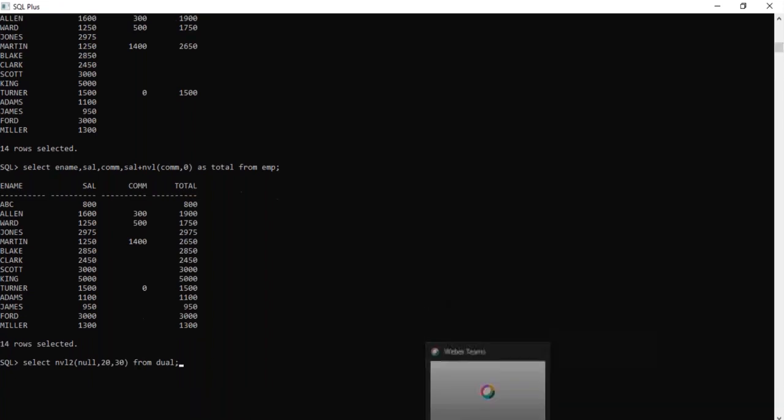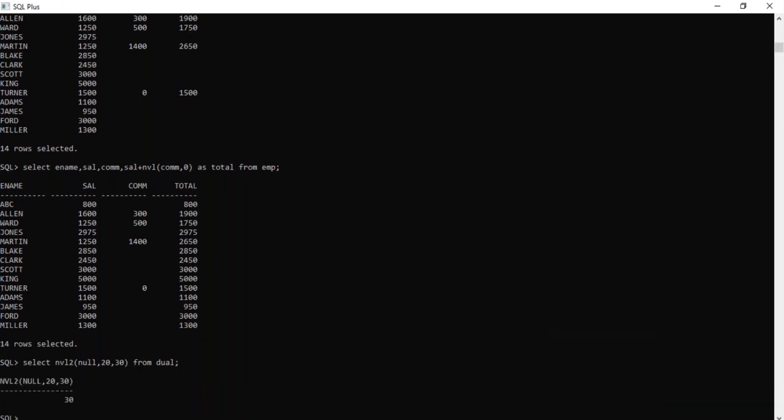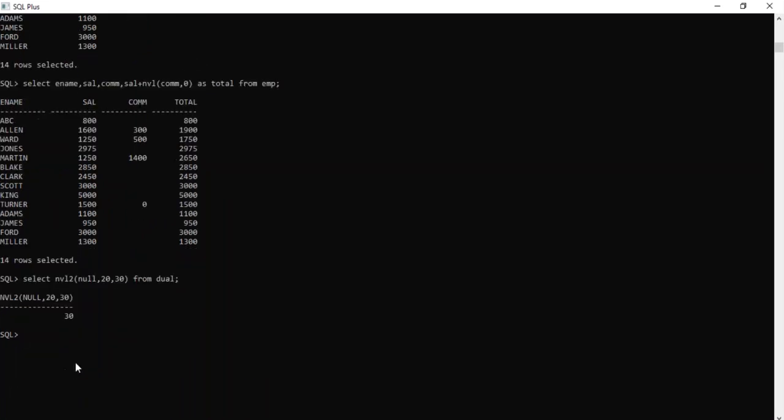So these will be the operators and the special operators we will have. There are so many concepts, like starting with a letter or ending with a letter. For example, I want to get employees who have letter L as the second letter. Alan is there, L. Blake is there, and clerk also.